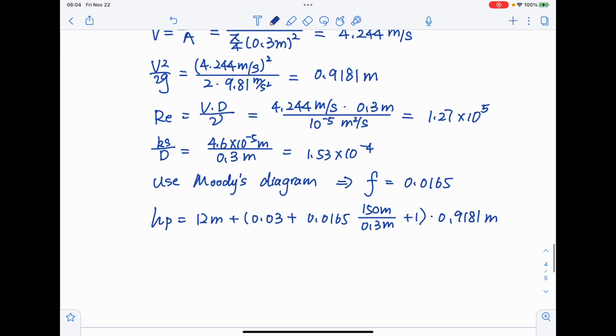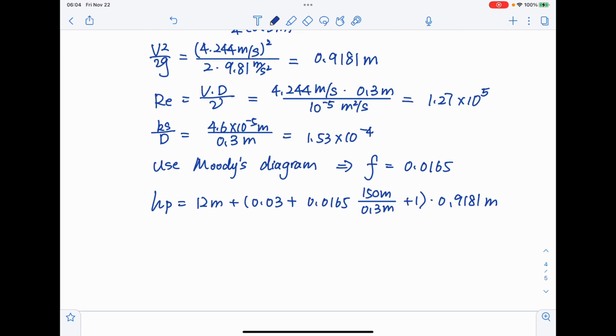So the pump head should equal 20.52 meters,